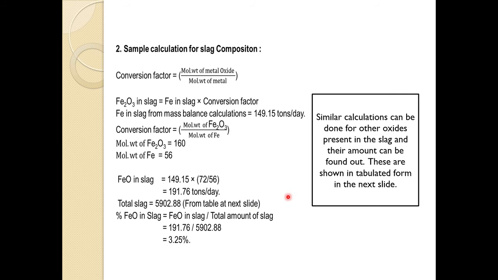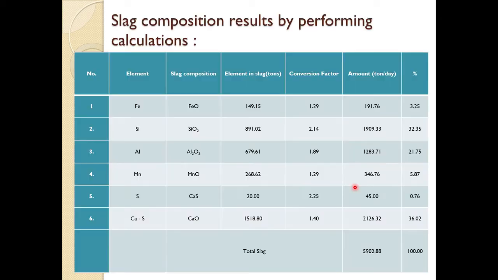191.76 tons per day. So the total slag, when you convert in terms of percentage, these things you will find from the table in the next slide, is about this amount. So when we know the total slag, we can convert to percentage. So FeO in slag is this and the total amount of slag is this, that is going to give you 3.25% FeO in the slag. Similar calculation we can do for SiO2, for CaO